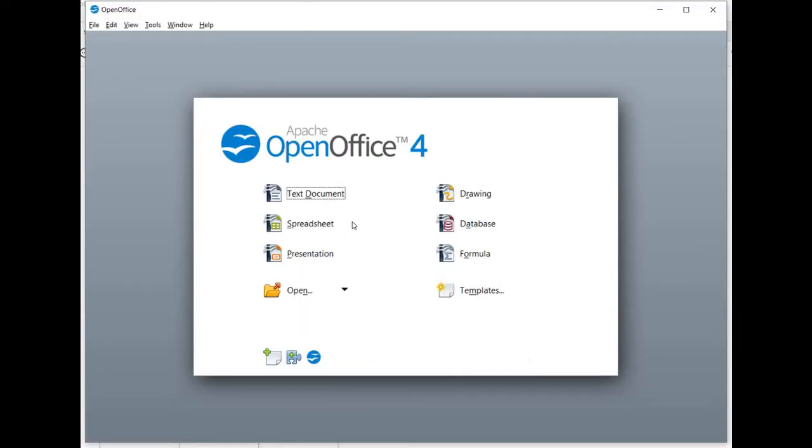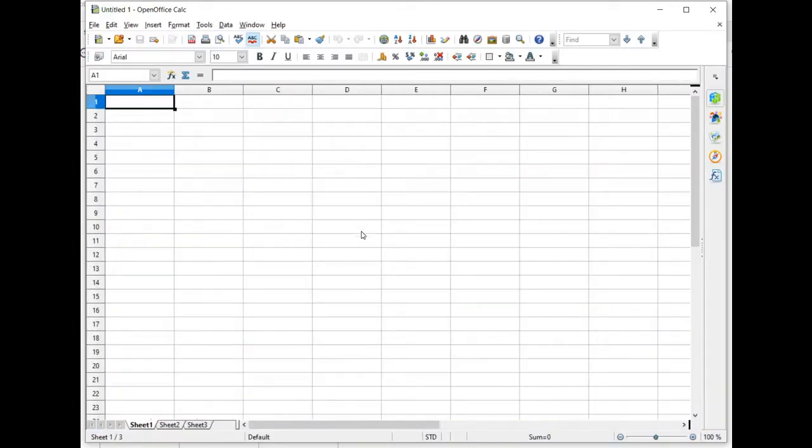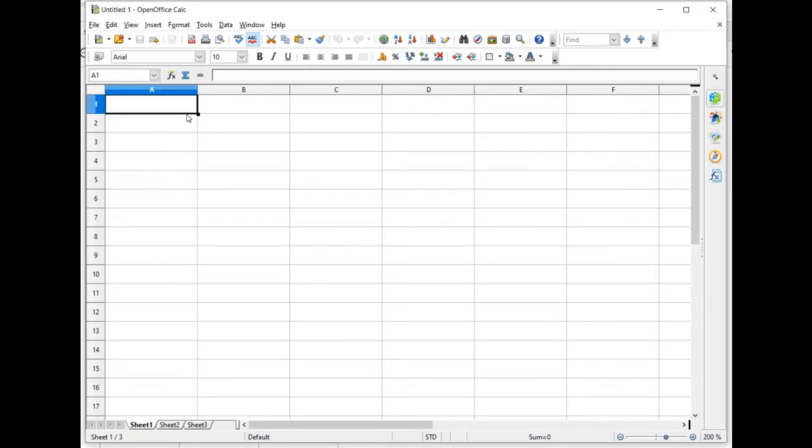Click the OpenOffice software. Here you select the spreadsheet. So this is the home cell A1. If we move to another place, you can see the cell name C5, column name followed by the row name. If you press the Tab key, it will move to the next cell, or you can use the right arrow, Enter key for the next line, and Shift plus Tab for backward. These things you can try at your home.